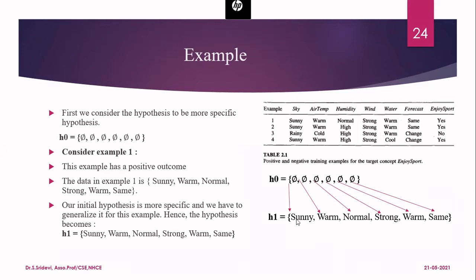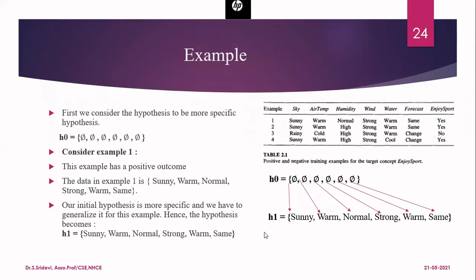Next time, when I give you an apple with green color, you will identify that apple can also be green in color. So you will change the color again so that it will also identify apples with the green color. That is the thing we are going to do here. We are going for generalization. So we have changed the hypothesis from H0 to H1. So far, we have considered only the first example.